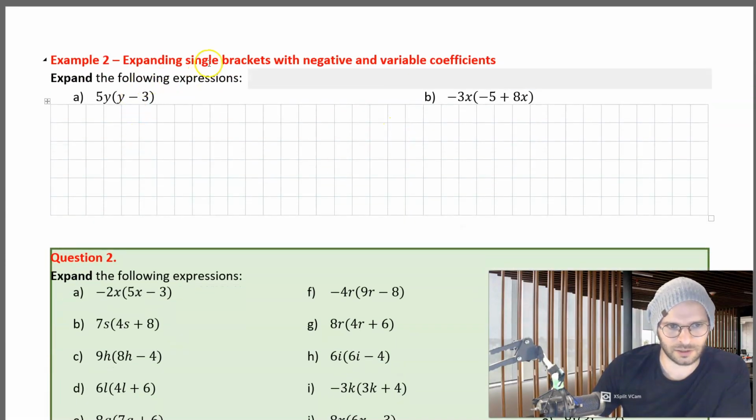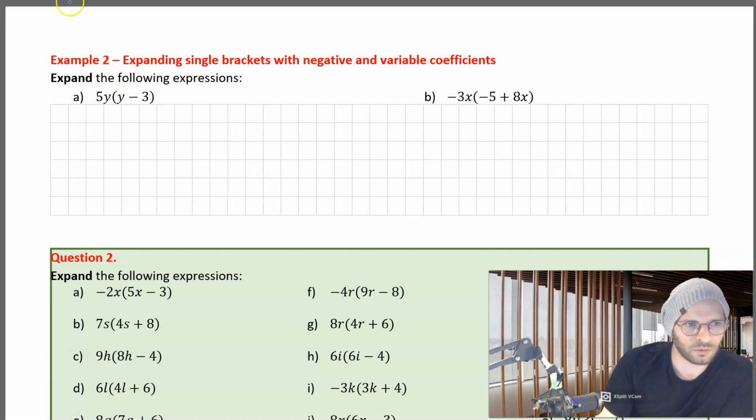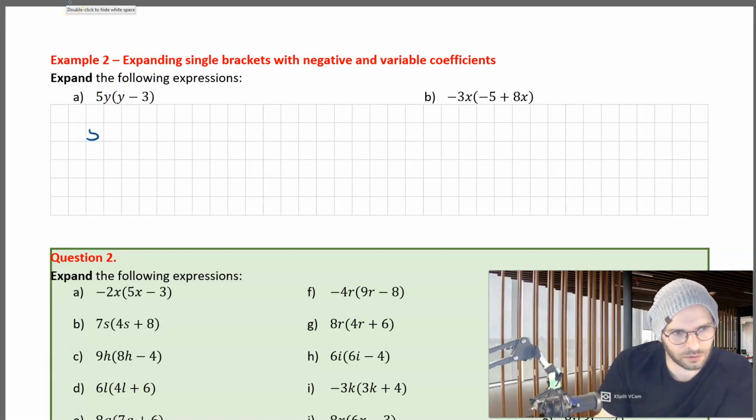Example 2. Expanding single brackets with negative and variable coefficients. So we're looking at our first example now with a variable in the outer coefficient, so this y, we've got 5y. How do we deal with this? Well, exactly like we did before. We go 5y multiplied by the expression y take 3,